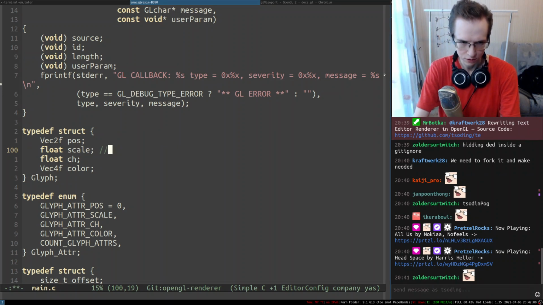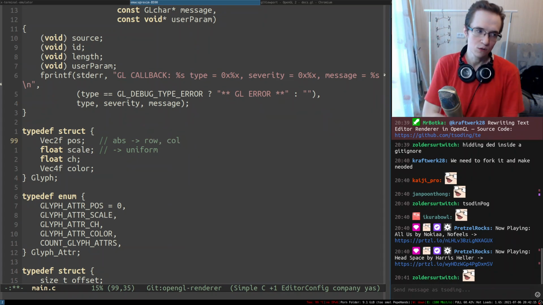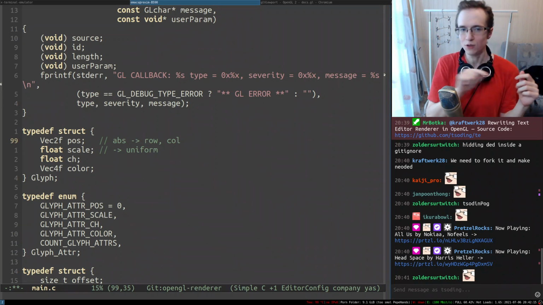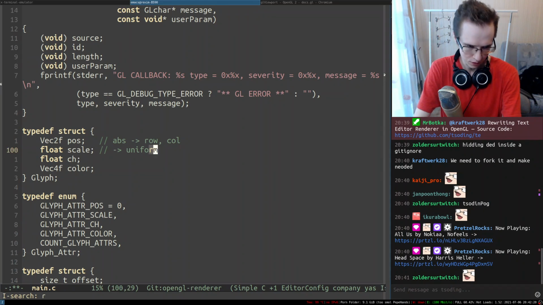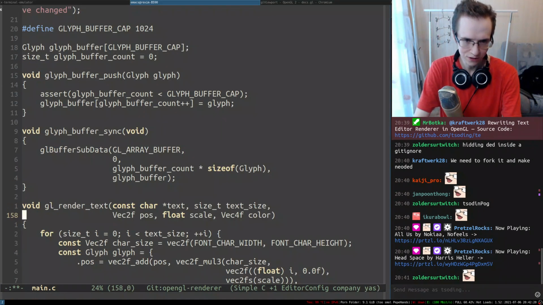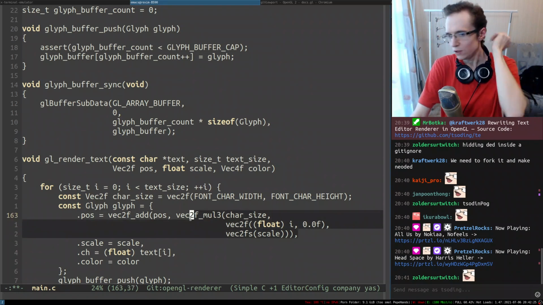So basically move it to a uniform, and position, from being absolute, maybe it will become rows and columns of the cell. And the actual absolute position will be computed in the vertex shader. Right now, when I do GL render text, I have to do these computations on the CPU, but I don't really have to.